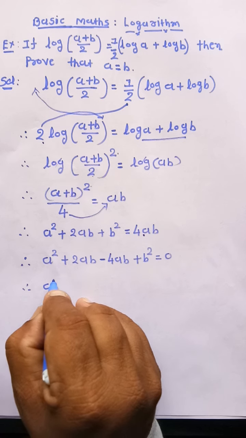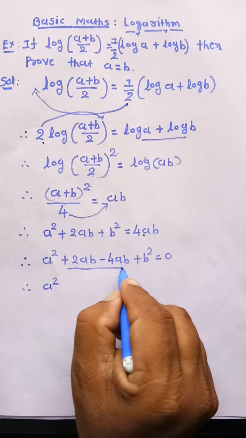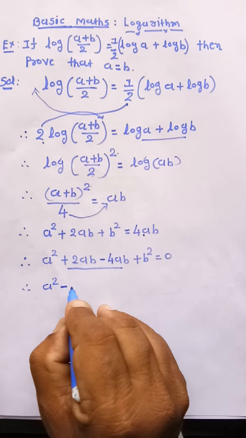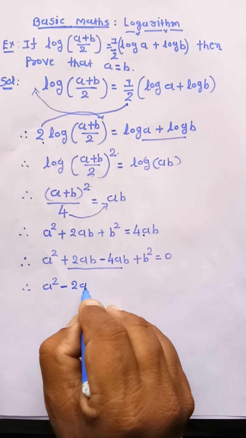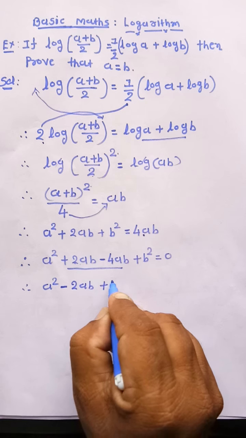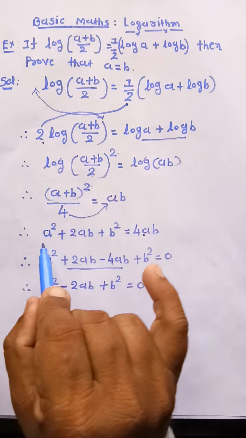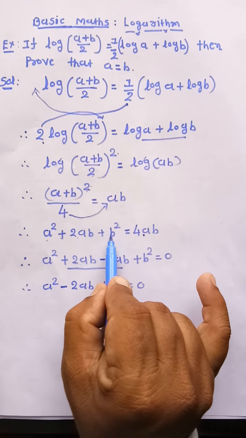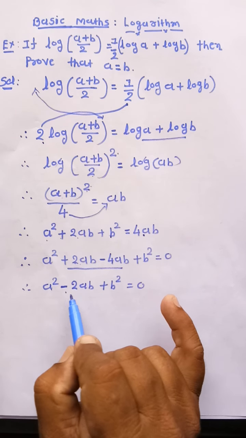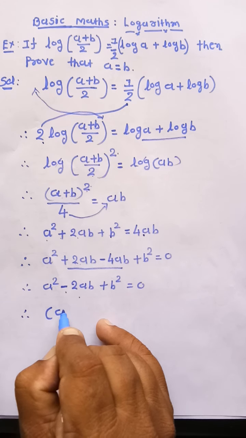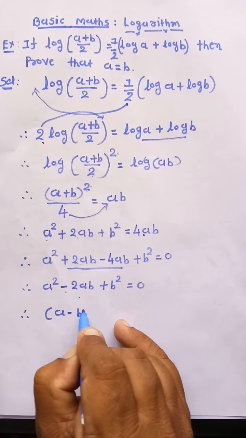So a square, here 2ab minus 4ab, so minus 2ab plus b square is equal to 0. Now here (a plus b) whole square is a square plus twice ab plus b square, but here a square minus 2ab plus b square, that is equal to (a minus b) whole square